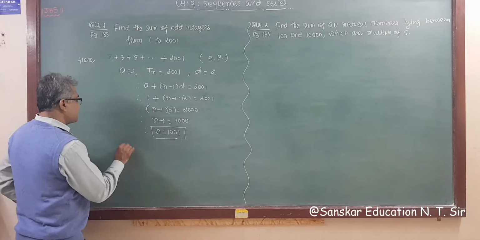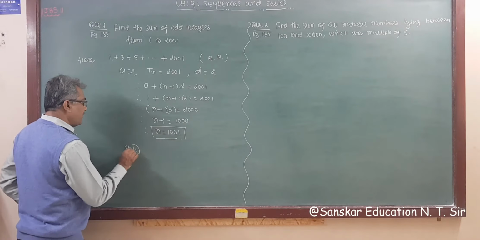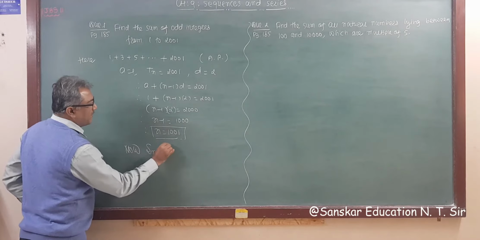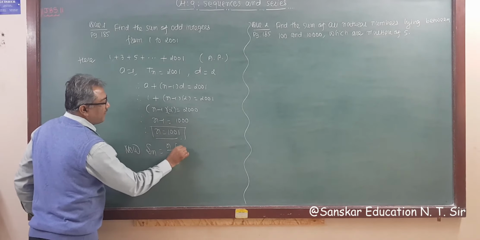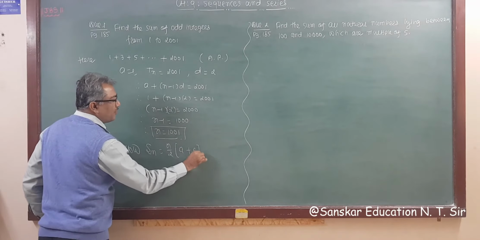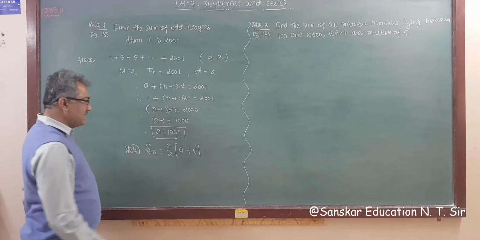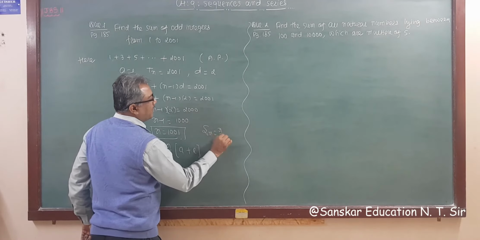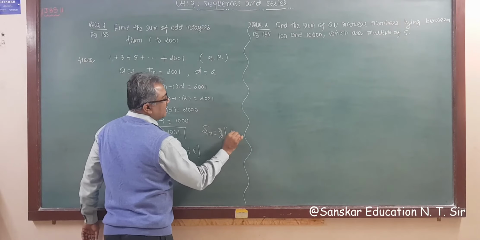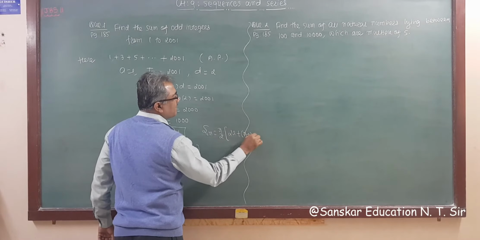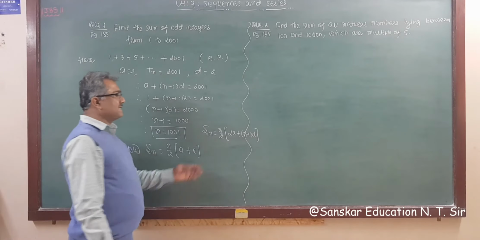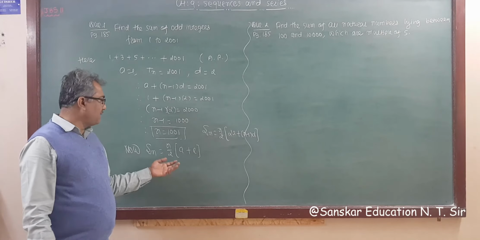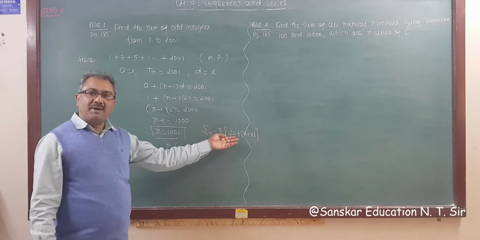So now Sn is equal to n by 2 times (first term plus last term). Either you can apply this formula, or Sn is equal to n by 2 times (2A plus (n minus 1) into D). You will get the same answer. आपको आंसर सेम ही आएगा।